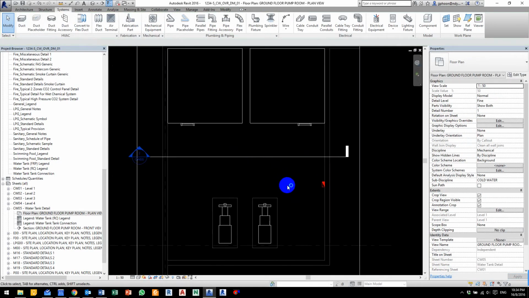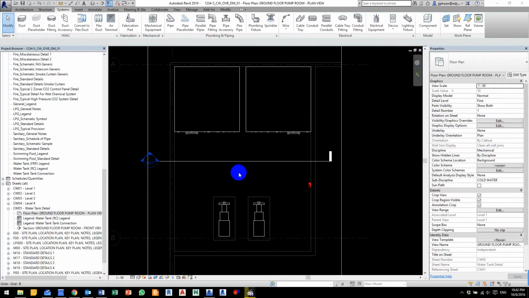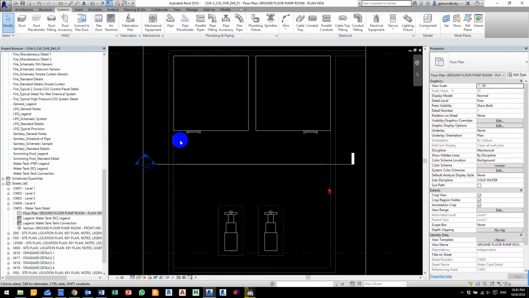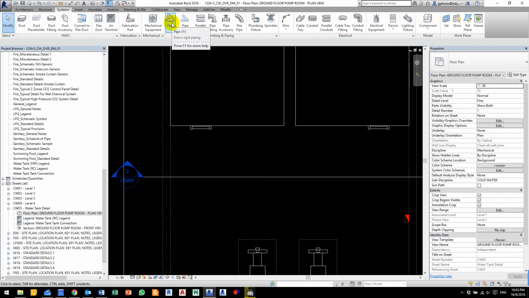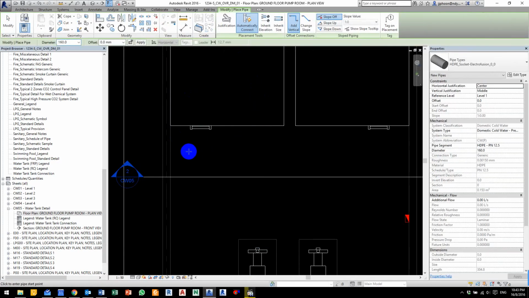Now we have all the main components in our pump room. So now we are ready to start modeling our pipes to connect the tank to the pumps and so forth. So the first set of pipes we're going to model is the incoming pipe into the tank. So to start this, make sure that you have the right pipe being used to model. To do this, click on pipe at the top and just model your first pipe anywhere to set the default